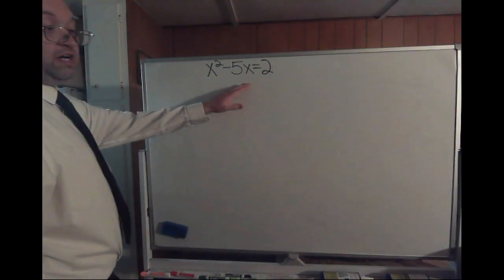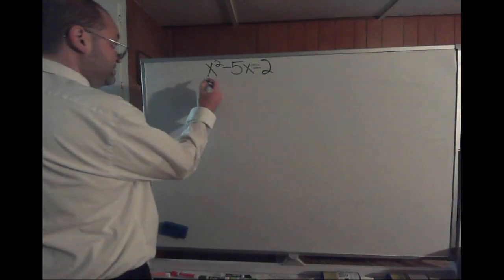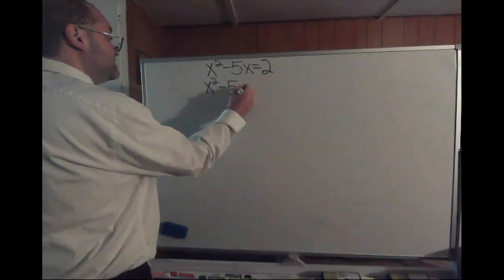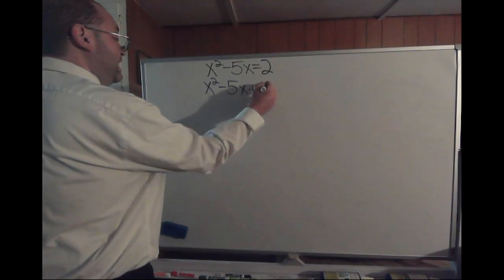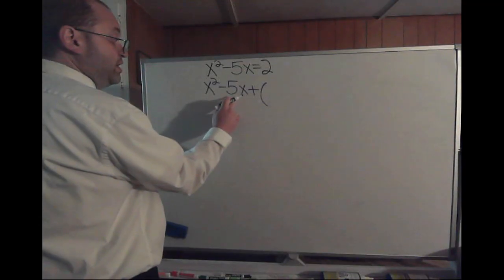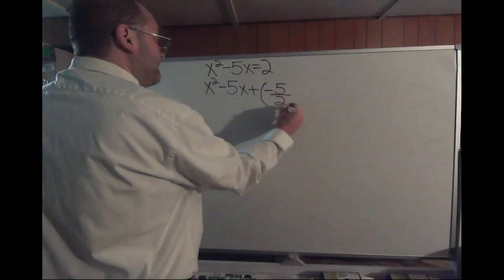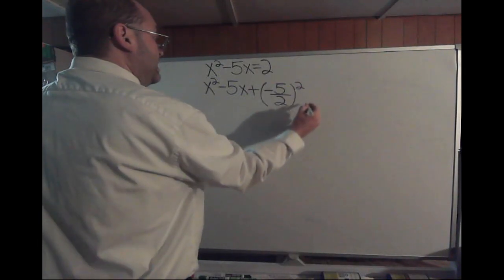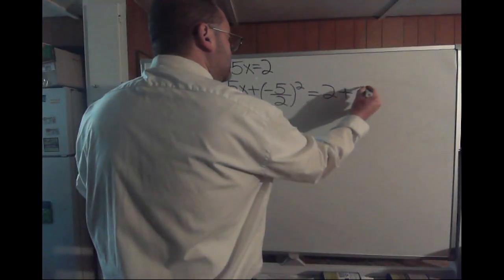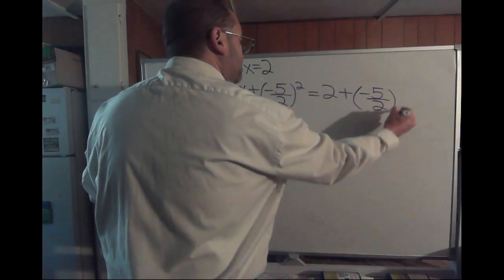This is going to be another awful one because we got fractions. So let's start with completing the square. We have x squared minus 5x. But now we have to take half of that negative 5 and square it. So half of negative 5, that's negative 5/2. We'll raise that to the second power. That's going to be equal to 2 plus that negative 5/2 to the second power,